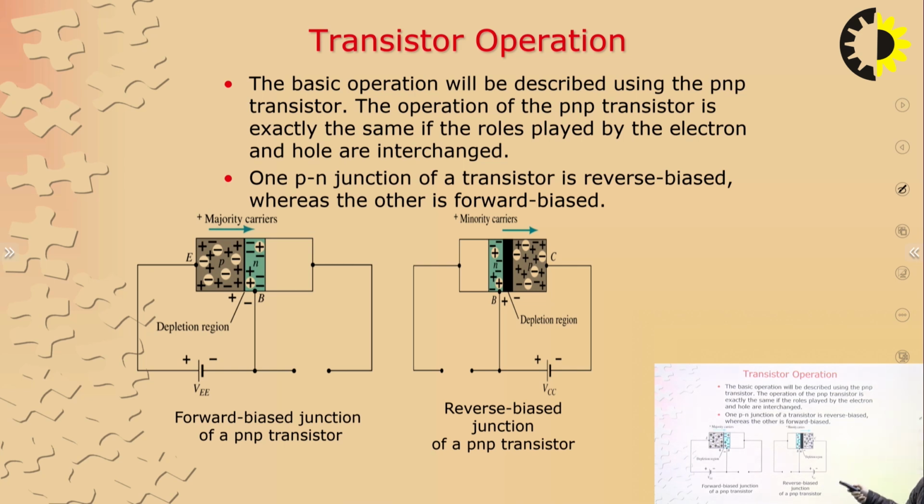So that is all about the working of the transistor. As we said, in forward bias condition, when we apply this voltage, that is VEE, the majority charge carriers from the p type, which are the holes, move towards the depletion region and contribute a current called IE, whose value is much higher as compared to IB, and finally it contributes the flow of current from the emitter side to the collector side.